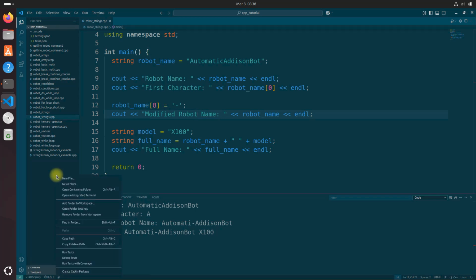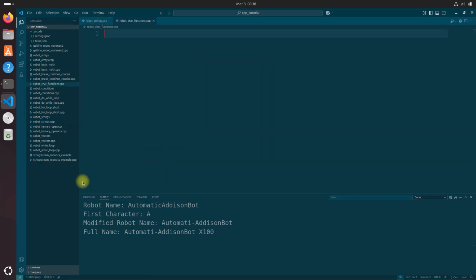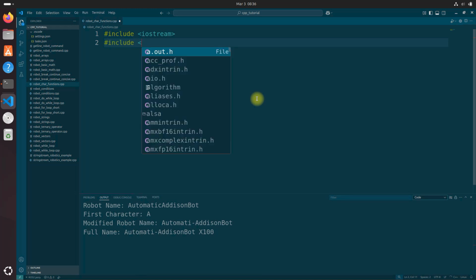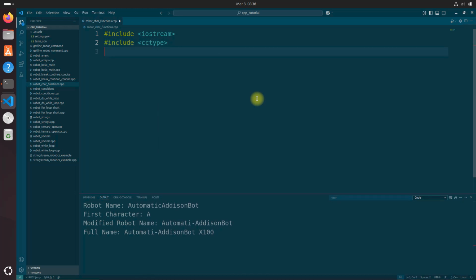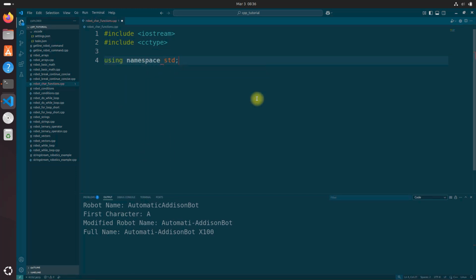Let's create a new C++ file and name it robot_char_functions.cpp. And let's type the following into the code editor. #include <iostream>, #include <cctype>, using namespace std;